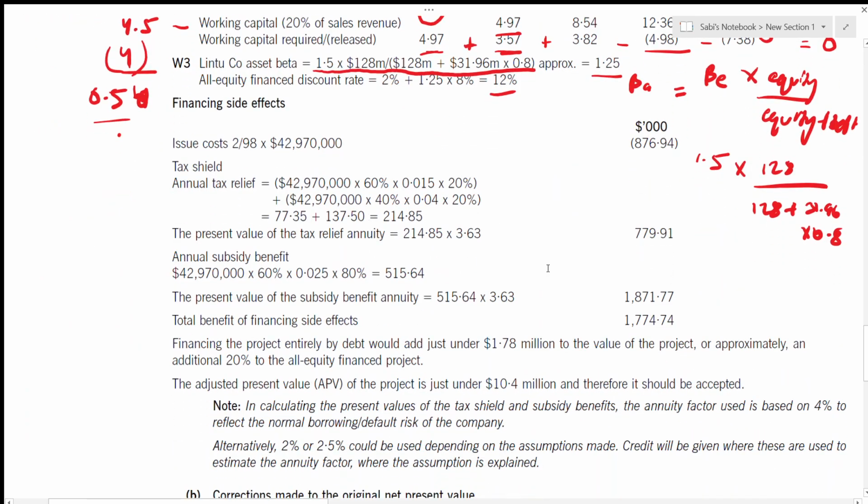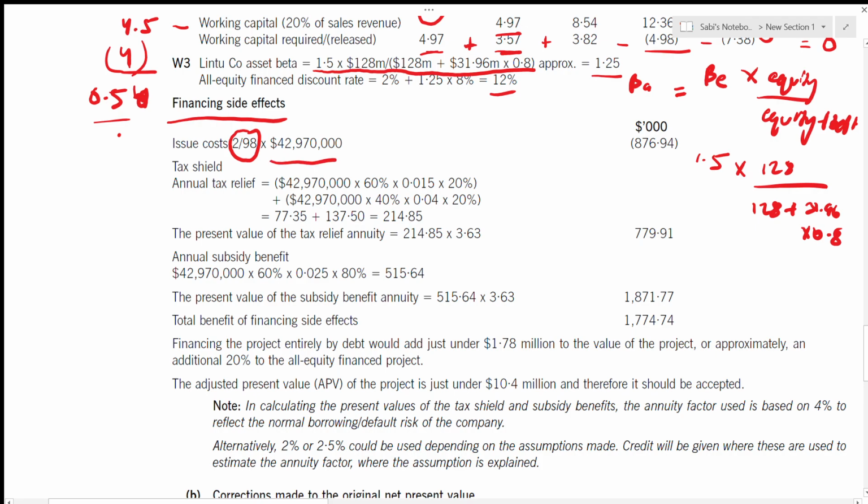Now what is the next? Financing side effect. Now we have to find the financing side of it so that we can calculate the adjusted present value. Financing side effect is this. Issue cost. Okay, let's start with the issue cost because that is the easiest to work with. Issue cost has been at 2%, right? So this is the way you have to work, 2 over 98. If it was 3%, then it would be 3 over 97, right? 2 divided by 100 minus 2. That is the way you have to work the issue cost into